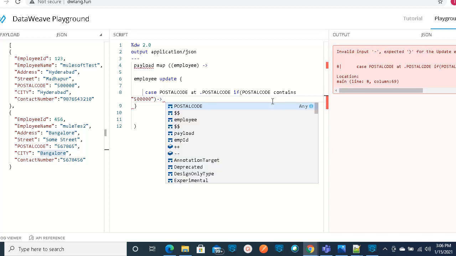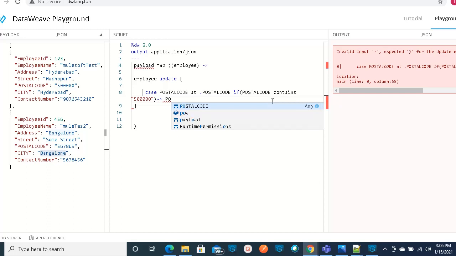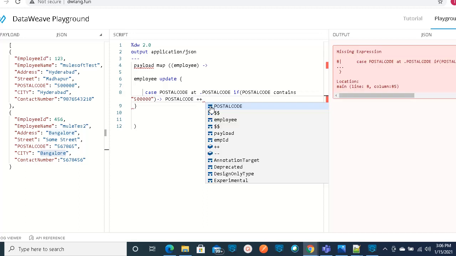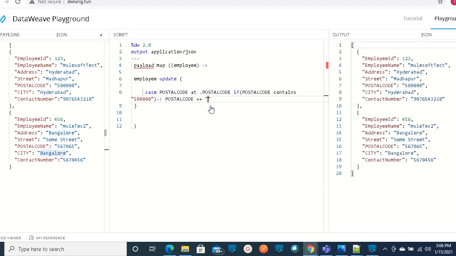Now I would like to append India. So I'm going to take the actual existing value, and then append it by using the append operator. I'm going to append India for this. See, if you observe the output here, we have two objects, but only one contains postal code 5 million, so we can expect the other object should not be updated.